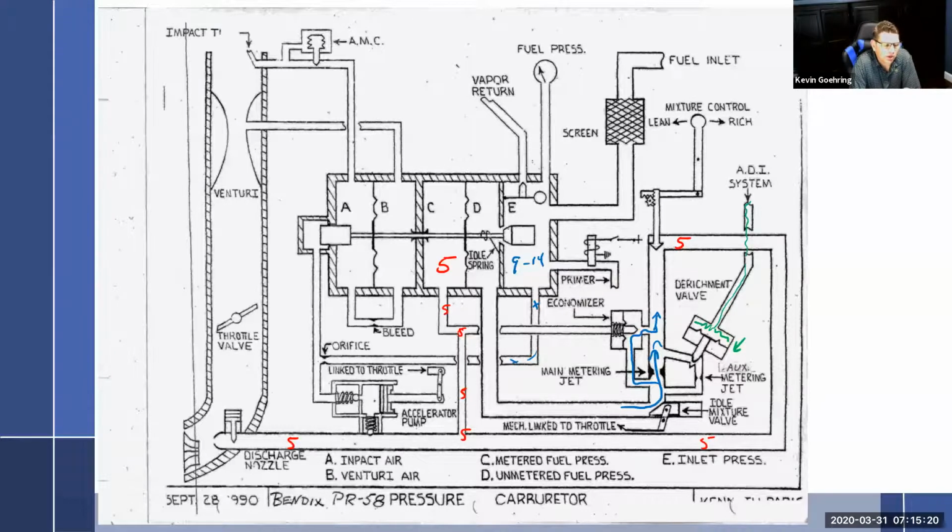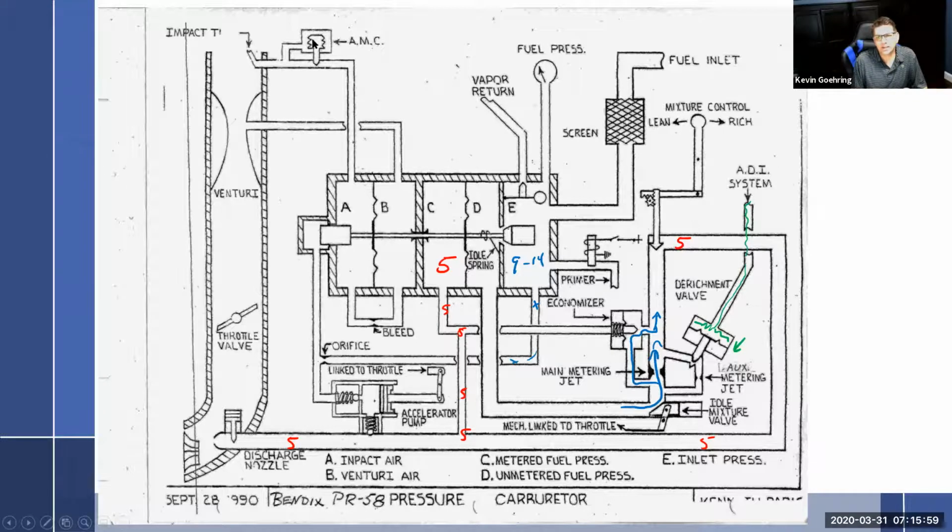Because if we know that a Stromberg and a Marvel Schebler and all these other simple float carburetors are not measuring it by weight, then what about this means that you're measuring the air by weight? So I have to look at it and say, what is different? Well, number one, we're adding an impact tube. So is the impact tube adding any sort of more by weight? I don't really have the answer to that. So I'm going to say partially, but what really sets it for me is that it has an automatic mixture control. And even though it's just called an automatic mixture control, this does sense the weight of the air.